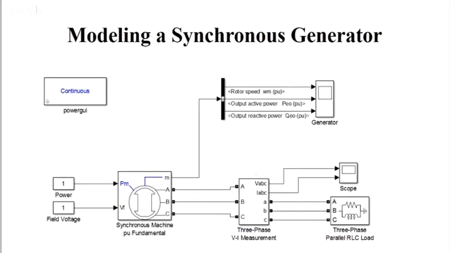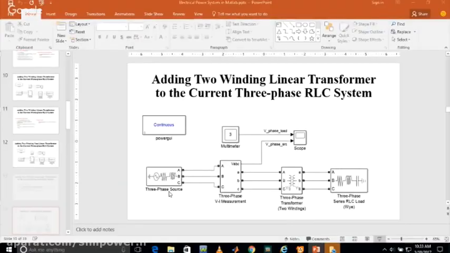In this, you have also seen the three-phase parallel RLC load and three-phase VI measurement. We just have to connect what? Synchronous machine PU fundamental. This machine we have to connect, which is working as a generator. So again we go for the same system,